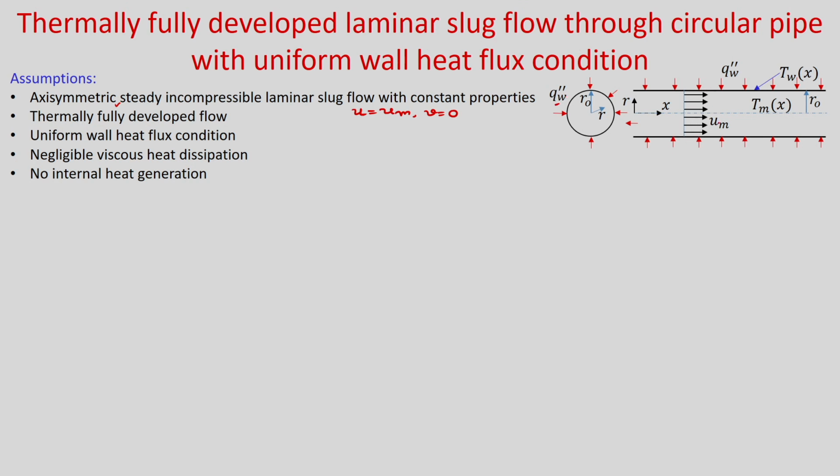So, your velocity profile is constant and that is equal to u m. Thermally fully developed flow, so del phi by del x will be 0. Uniform wall heat flux condition, so q double prime w is equal to constant. Negligible viscous heat dissipation, so phi is equal to 0, and no internal heat generation, q triple prime is equal